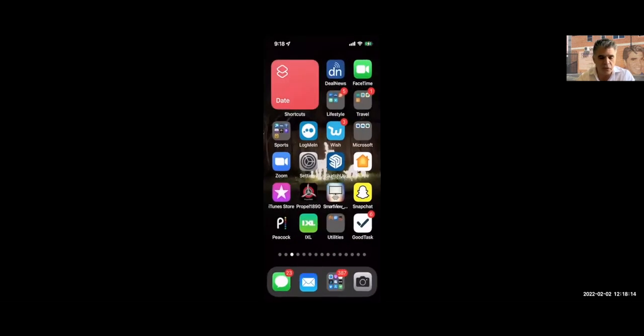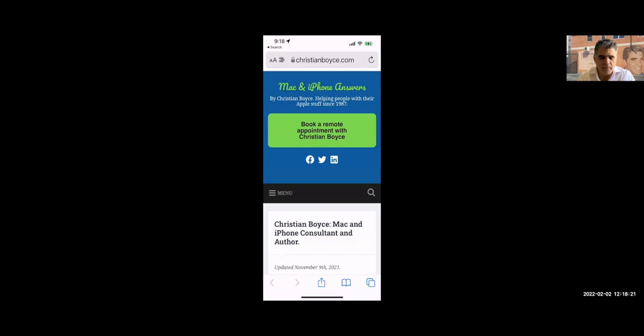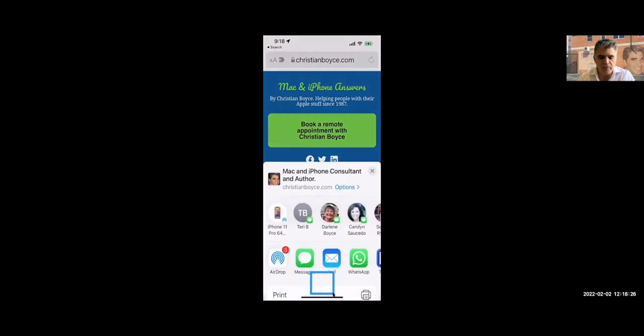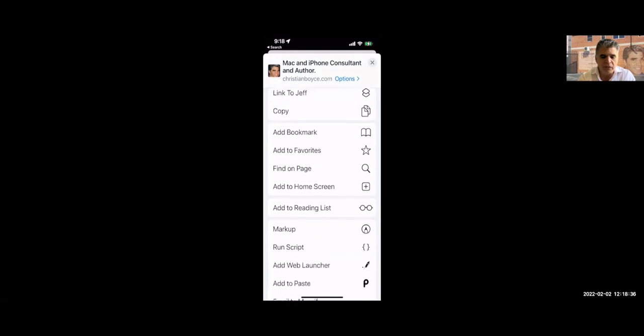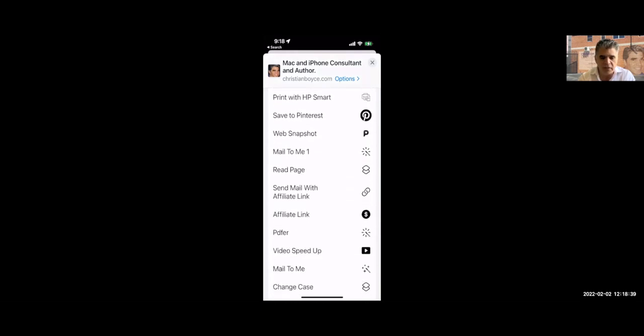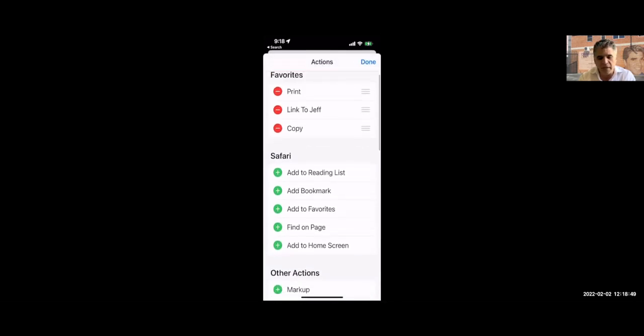Now, when you go to, let's say it's something else, like a web page. Let's go to a web page, and let's say you want to print this. Well, now you've got what I would call a proper share button. When you do this and you scroll, you see my print is right up here at the top. The reason it's up here at the top is because I put it there. And the way I did it is I scroll down here until you get to edit actions. Okay, this one down here. So you've got to go quite a ways, but once you do, you get a list,